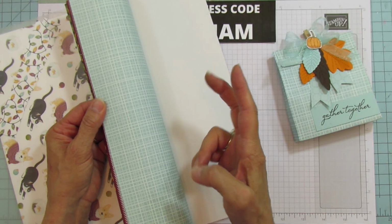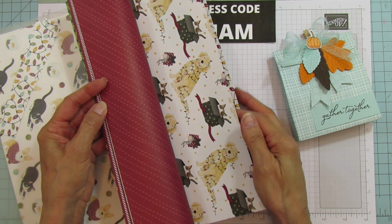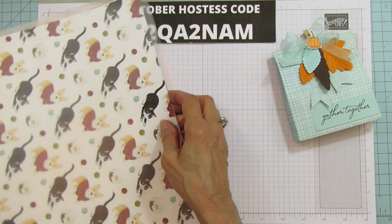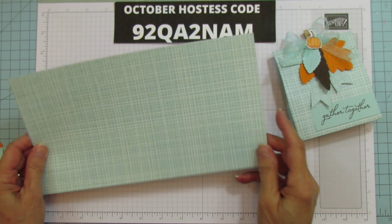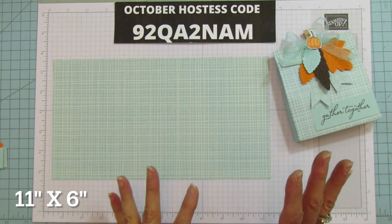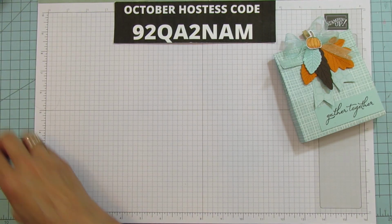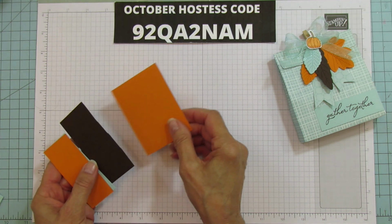And you can make 2 bags out of one 12 by 12 piece. Look how cute that one is. Oh my gosh, these little dogs and kittens are so cute. And I love the backs of all of them. All right, so we are using this for Thanksgiving. The piece that I'm using is 11 by 6. So if you just cut it down the center and then cut an inch off, you'll have everything ready to go. You also need just scrap pretty much,